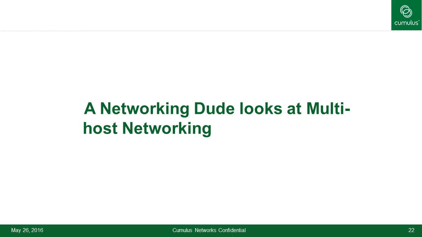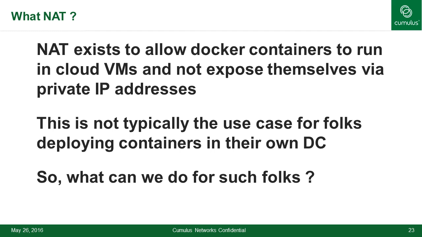Having said that, let's get on to looking at multi-host routing. Can I look at multi-host routing or multi-host networking in a far simpler fashion? So why do we do these NATs? We talked about why we do NATs. But these reasons are not commonly the case for people who are trying to deploy containers in their own data center, unless they are cloud bursting, meaning they've got half their Docker containers running inside their private data center, the other half running in the public cloud, and the two need to communicate. The most common use case that we have encountered internally is because of the microservices architecture: people in the data center are building all applications this way, or moving to building these applications this way.